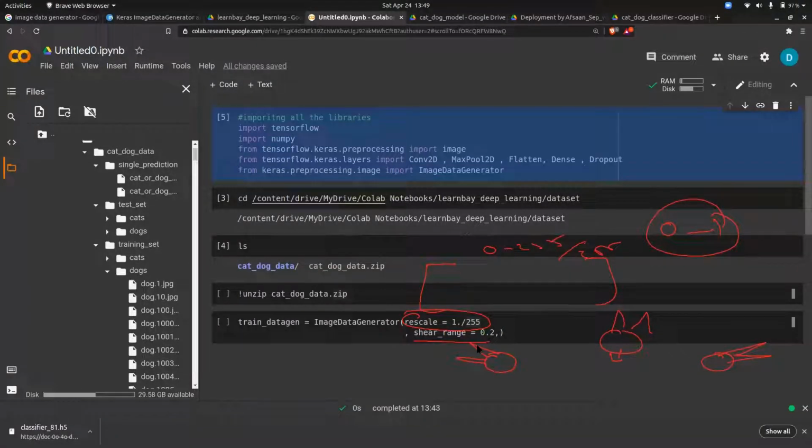So I'm creating one more data point. That's it. Is 0.2 the rotation angle? It is something like a rotation angle, yes. Will it create both left tilt and right tilt, or only one? No, both left tilt and right tilt.